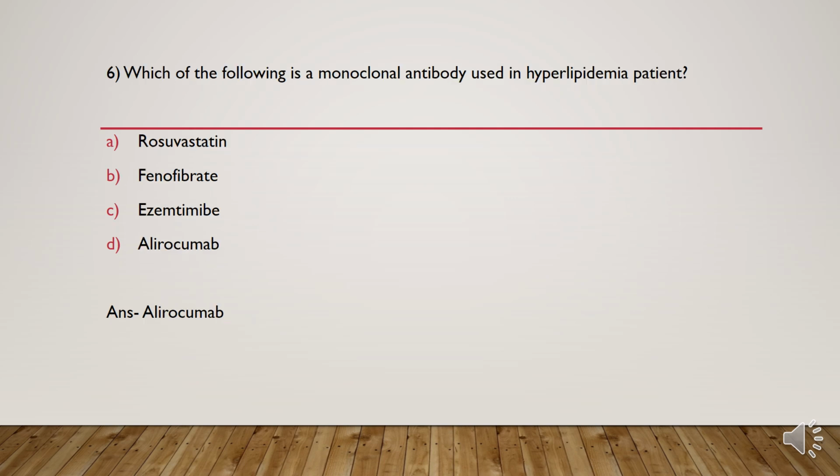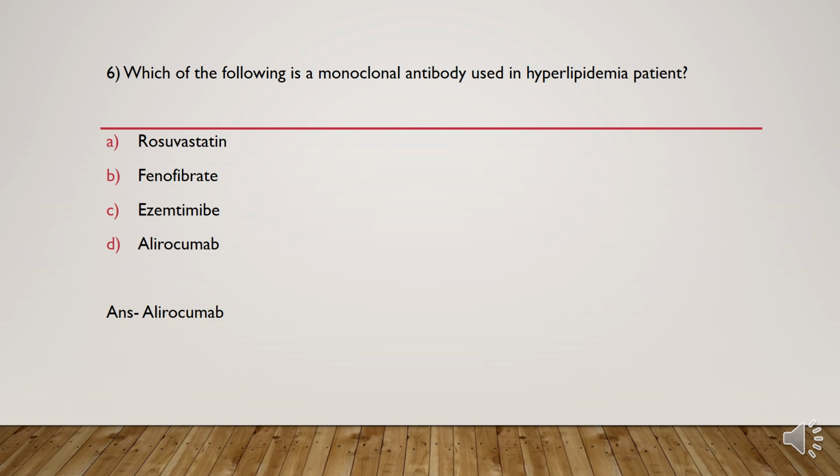Sixth question: which of the following is a monoclonal antibody used in the hyperlipidemia patient? Options are rosuvastatin, fenofibrate, ezetimibe, and alirocumab. So the answer will be alirocumab, because it is a PCSK9 inhibitor, which is a class of monoclonal antibody. These drugs prevent the breakdown of the LDL receptors, leading to more receptors on the liver surface and better LDL